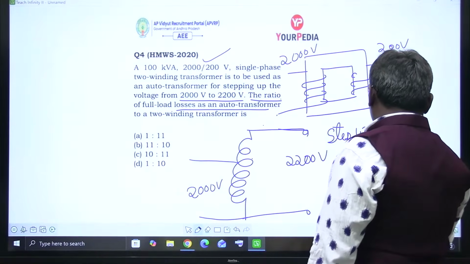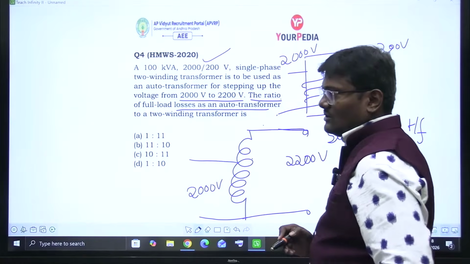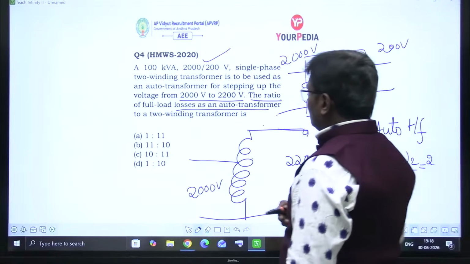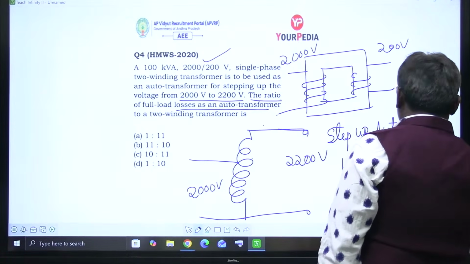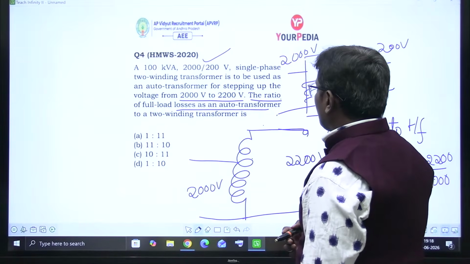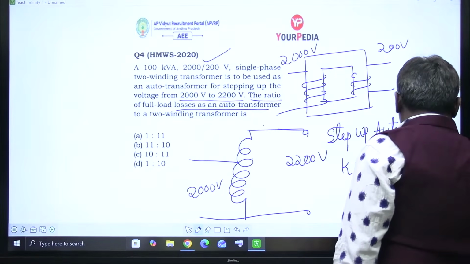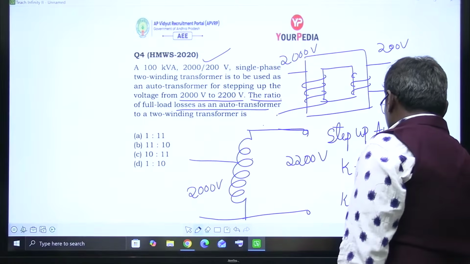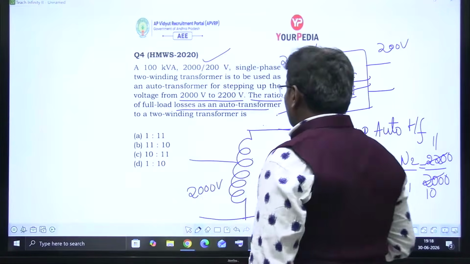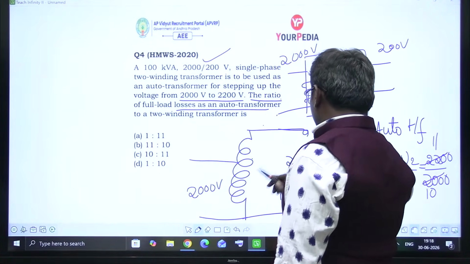Now this is 2200 by 2000, where K is equal to 11 by 10. So for this, losses are kVA rating 1 by 1 minus K or 1 by 1 minus 1 by K. I will tell you,